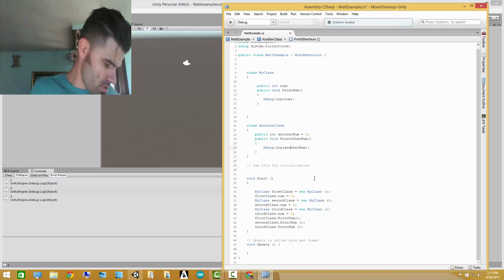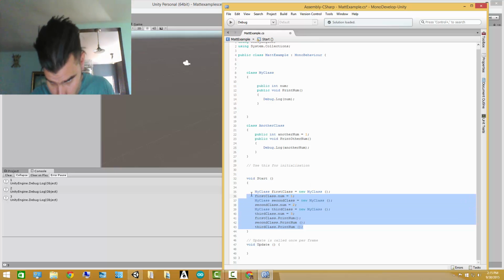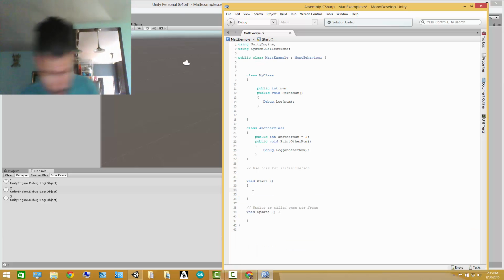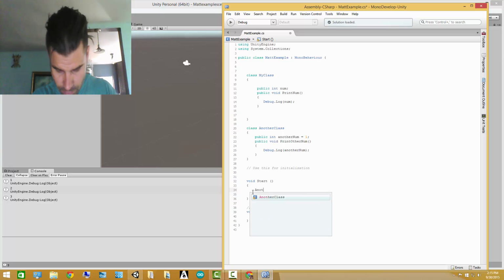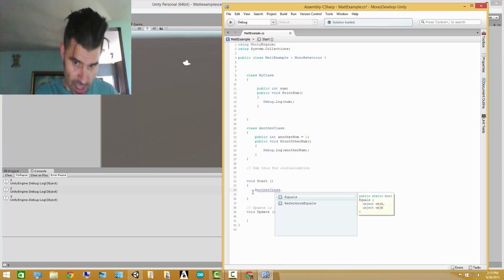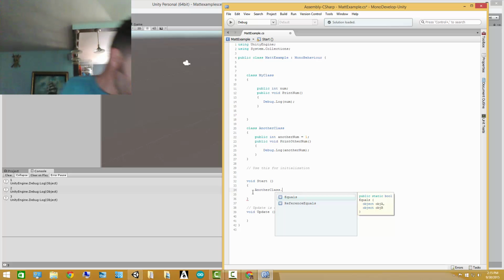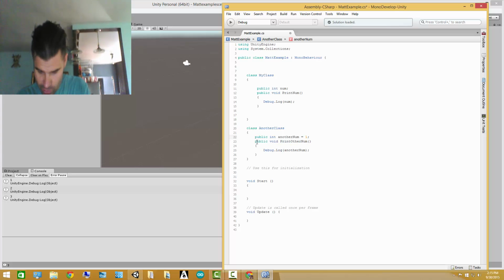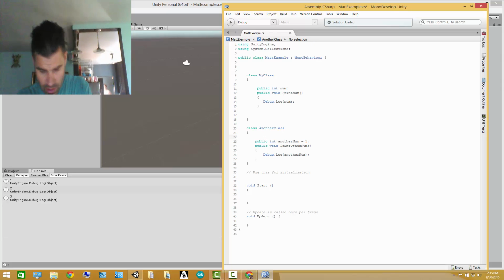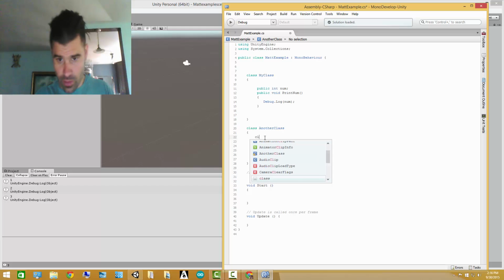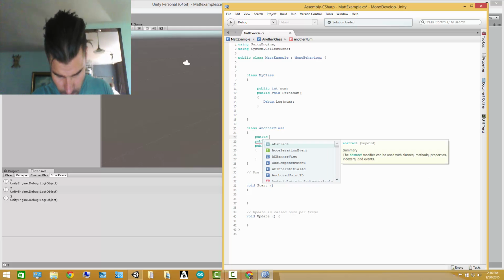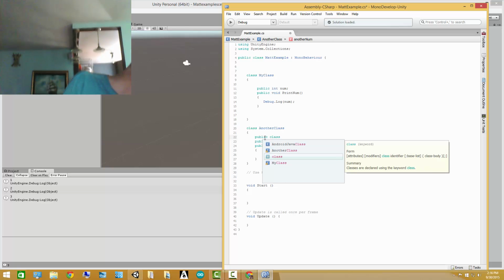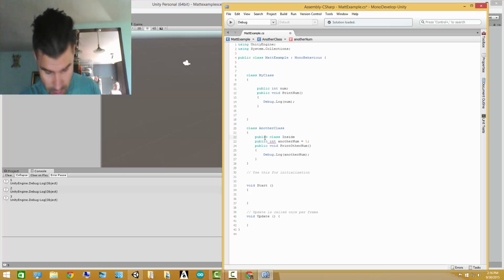So what we're going to do here is we're going to take this, I'm going to erase all here, and in the start function we are going to put another class, which comes up perfect, put a dot in there, and we'll go, oh, I get it. So before we do this, I'm going to start in my head. You can also nest classes within other classes. So we're going to go here, and we're going to put class, actually we'll make it public class inside again,